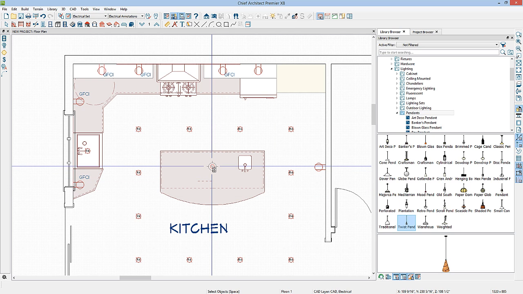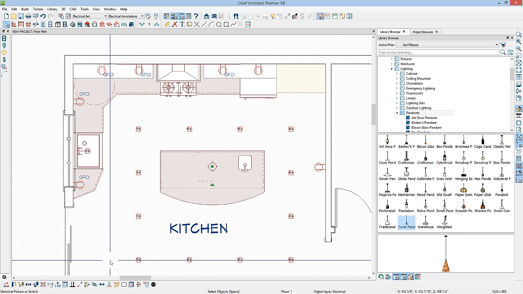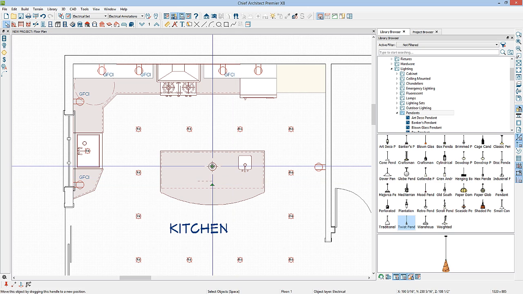I'll place it right at the center point of that middle cabinet. I can tell it's snapping to the center point because I see the red snap indicator circle. Now I'll select this light, and this time I'll use my copy-paste tool. Once I've selected my copy-paste tool, there's already a copy on top of the one that we see. So I'll just simply click and drag to move the copy, and as I'm dragging it, before I let go